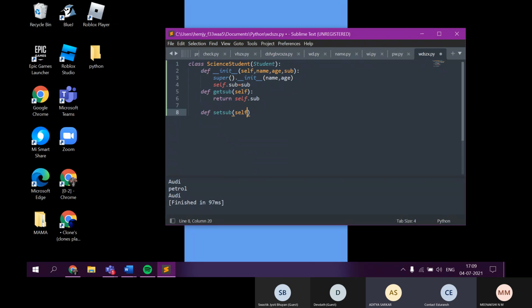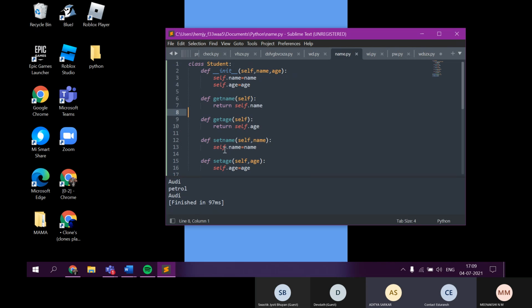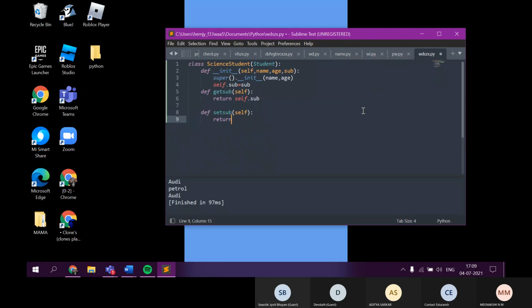Sir, yesterday did you teach file handling even with append mode and write mode? Yes. Okay. No, it should take a parameter, right? Self, comma, sub. I finished that. Okay. Self dot sub equals to sub.